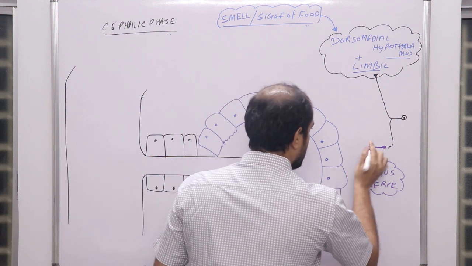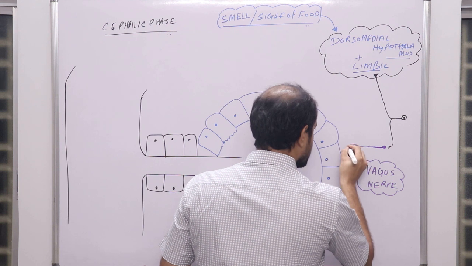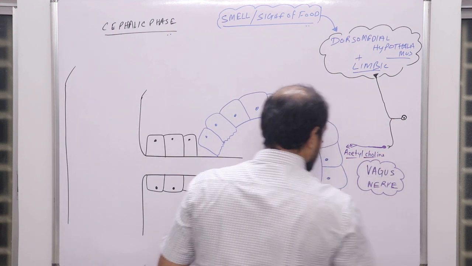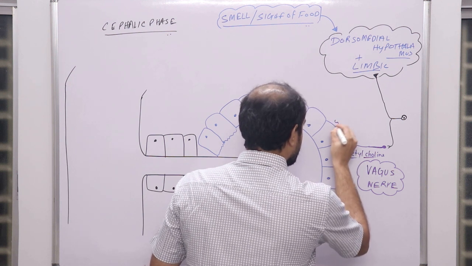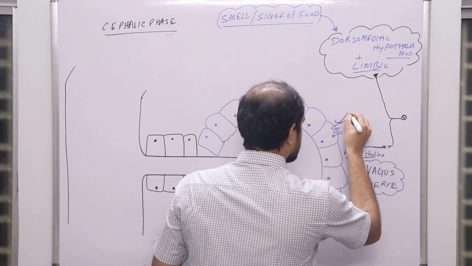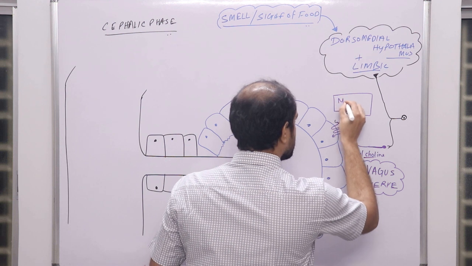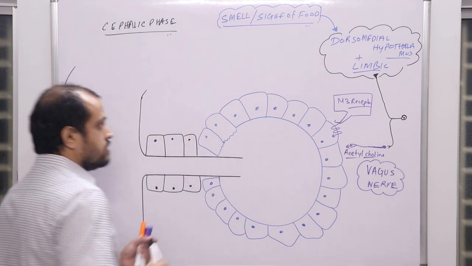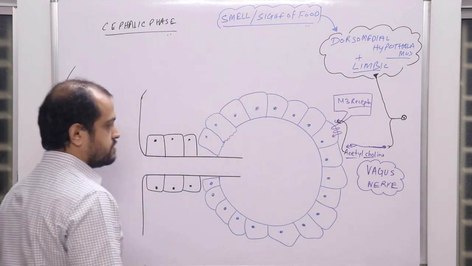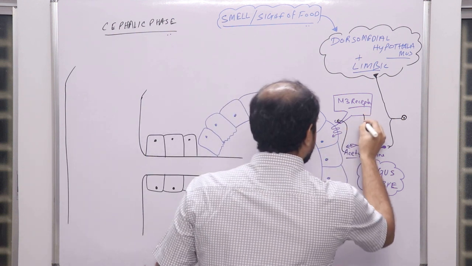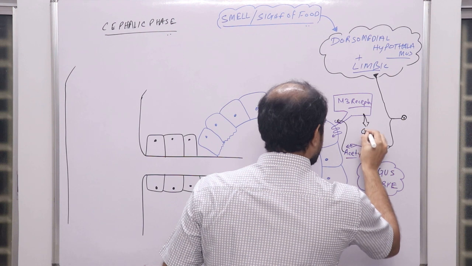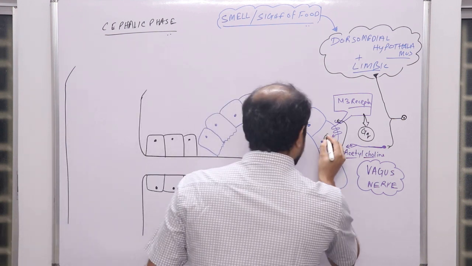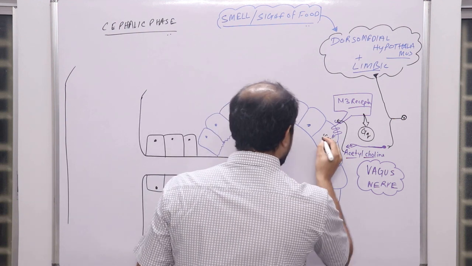clear? And what happens is this, that this vagus nerve secretes acetylcholine. Now this acetylcholine binds with a receptor which is present here, and this receptor is called M3 receptor. Clear? Now listen, when acetylcholine binds with M3 receptor, this M3 receptor is coupled to Gq. Okay, Gq,